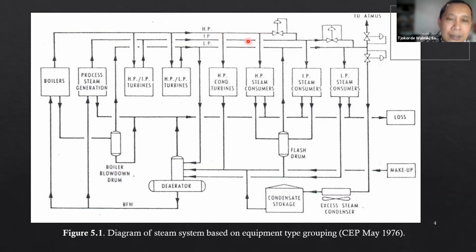Okay, it makes much more sense than having one boiler for each header. Okay, unless your steam requirement is such that the high pressure steam requirement is much smaller than the lower pressure steam. Yeah. In that case, you might need two boilers. Okay, one for high pressure, low load process, and the other one is for low or